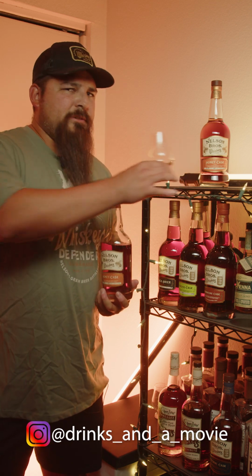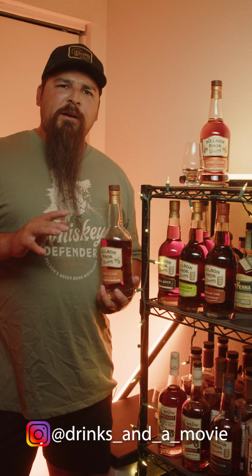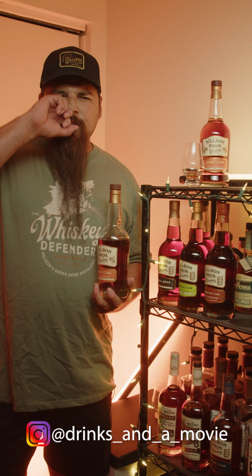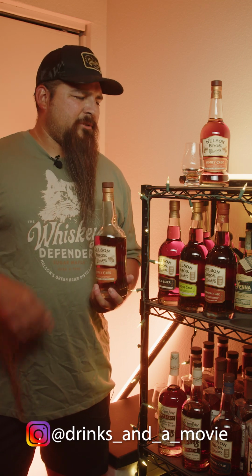Yeah, let me go in for another sip here. Yeah, it's darker and richer for sure. More of the oak coming through, like I said. Maybe a little more spice. I feel like the finish doesn't last too long though. It's already kind of dissipating the more I drink it, which is a little bit of a bummer,